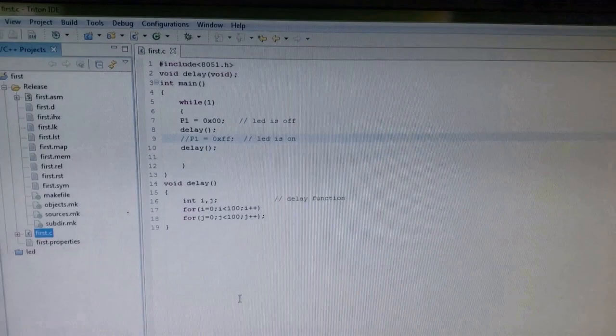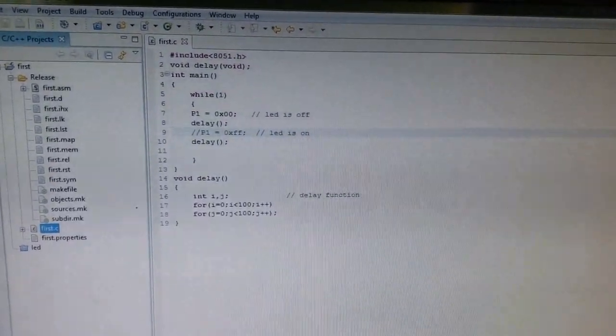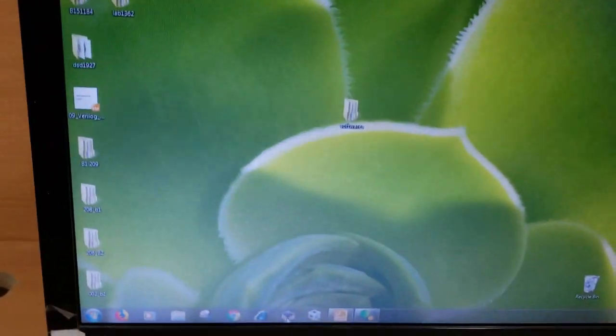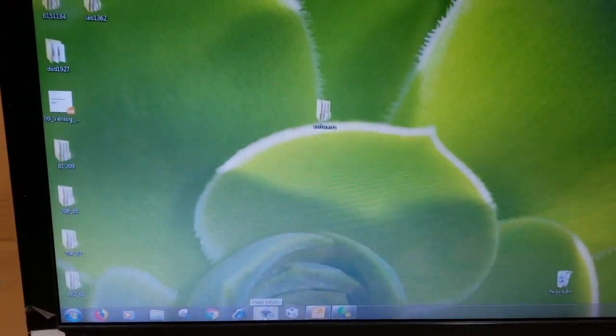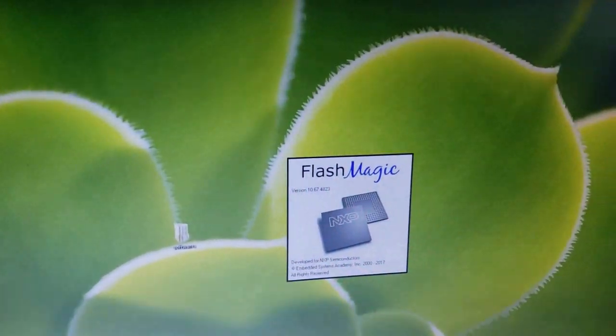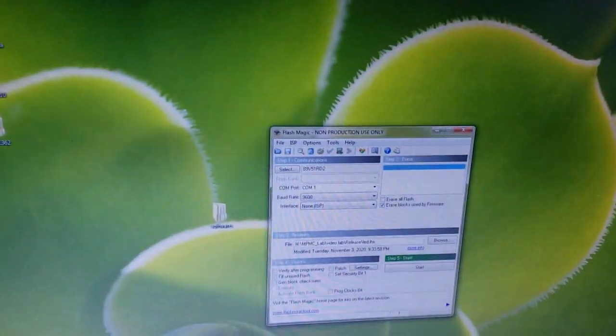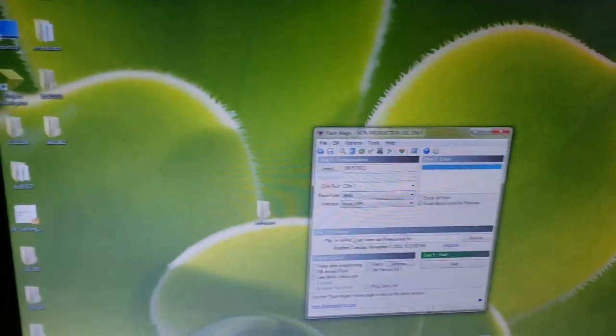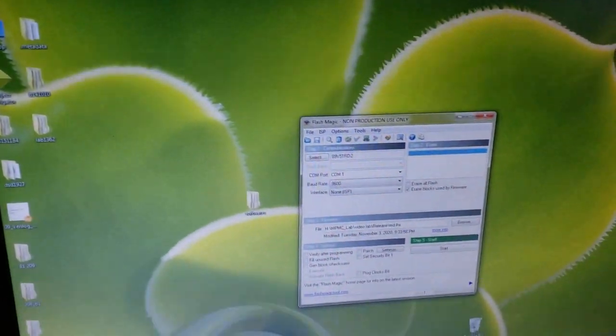So this part is for development of our program, and then we will go for FlashMagick, which is already available on the taskbar. Simply click on FlashMagick. In FlashMagick we need to give the source file.